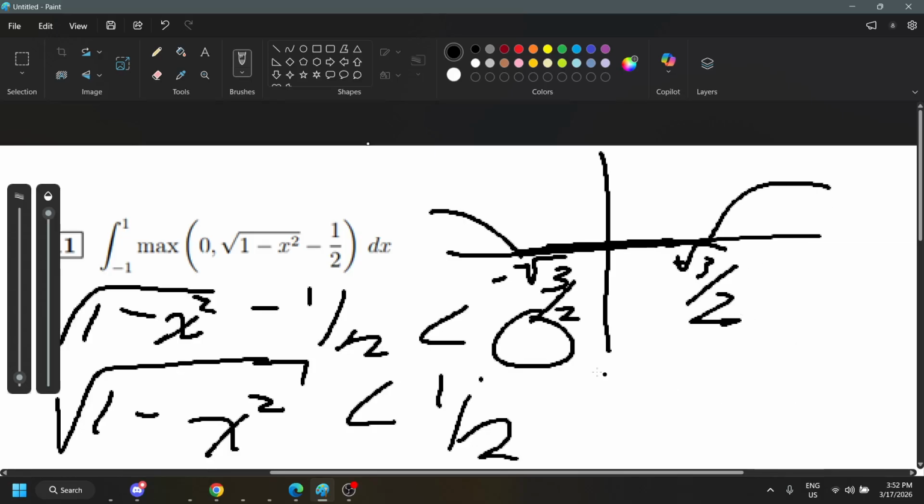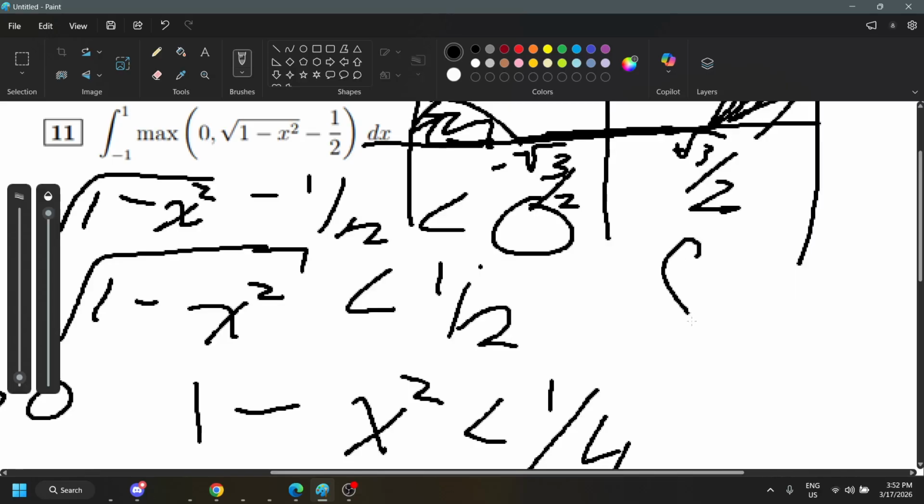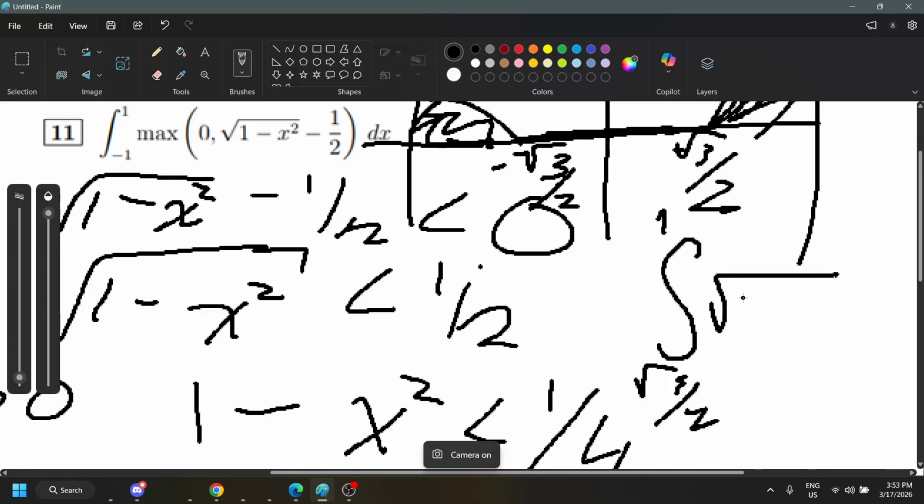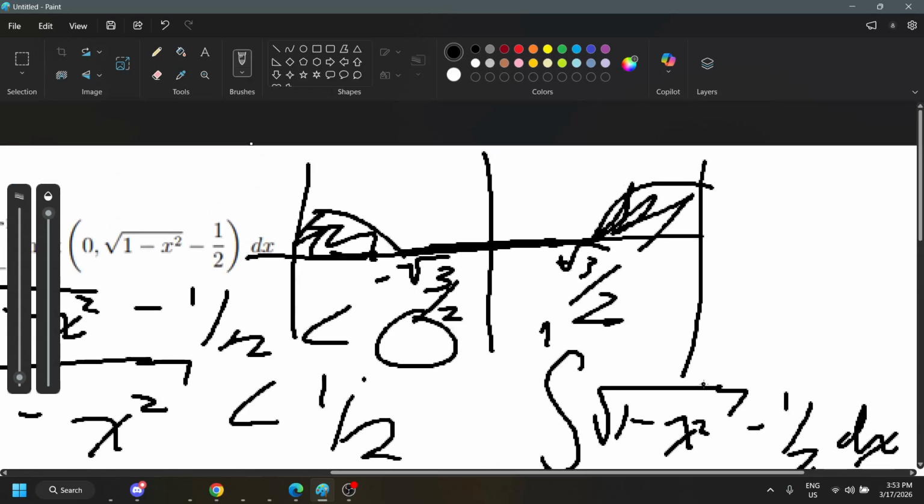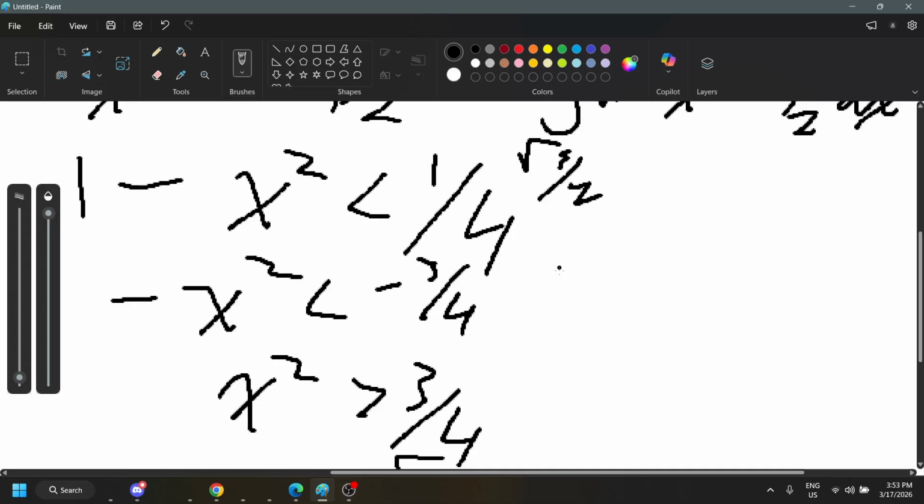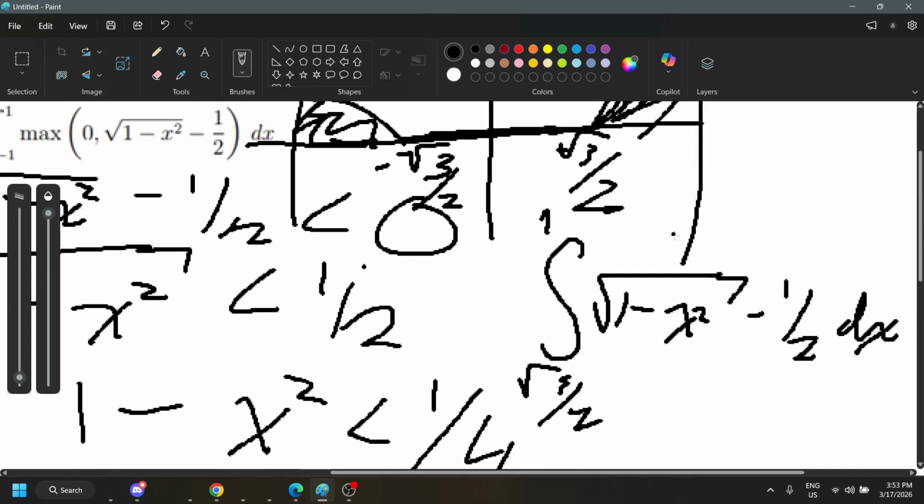Okay, so now we need to solve the integral here, this area here, and this area here. We see that it's going to be the same since x is mirrored. So we just need to find the integral from root 3 over 2 to 1 of square root of 1 minus x squared minus 1 half dx. How do we find the square root of 1 minus x squared? Well, that's just going to be a semicircle. So if we can split this up into the integral of this here and then the integral of 1 minus